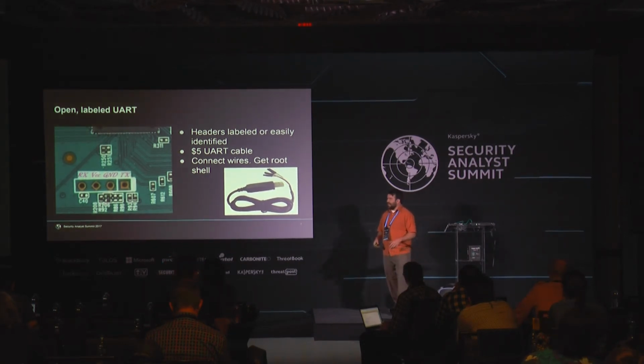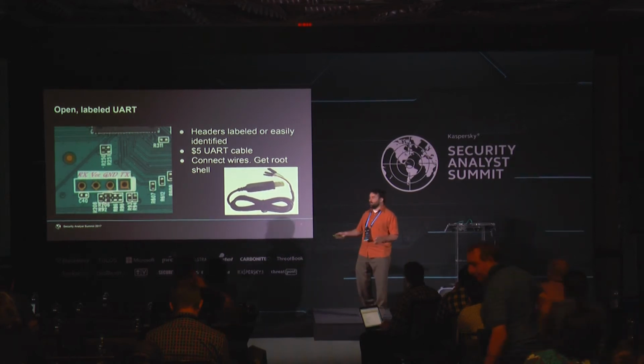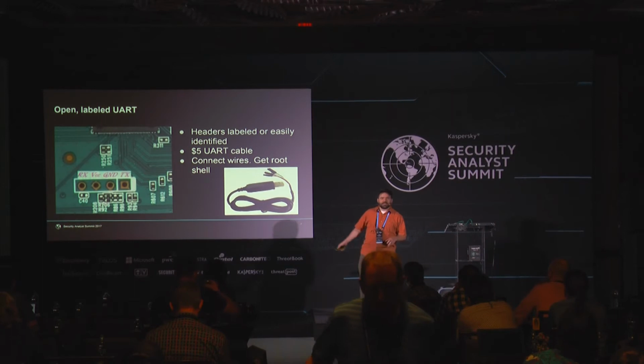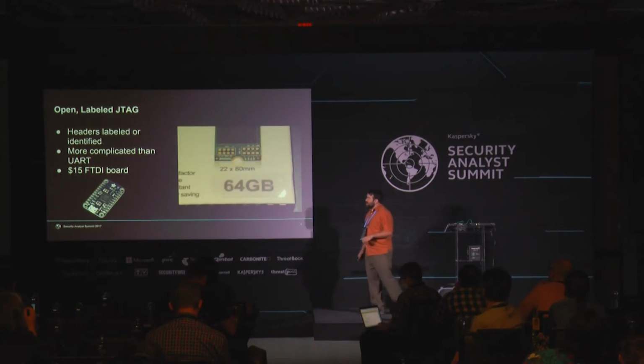I did just say 90%. I would say 50% these days. 5 years ago, 90%. 10 years ago, 99.9% of the time you saw these pins, you had a root shell within minutes of your reach. And $5. It's cheap. So